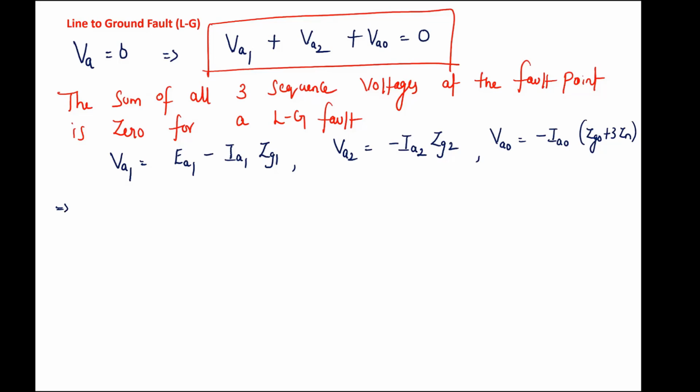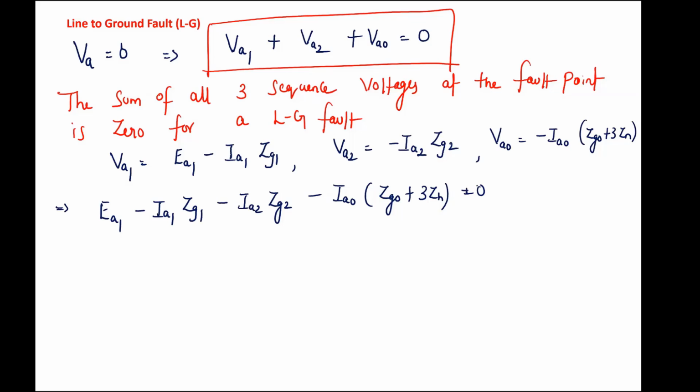So which implies EA1 minus IA1 ZG1 minus IA2 ZG2 minus IA0 into ZG0 plus 3ZN is equal to 0. But we know the first result: IA1, IA2 and IA0 are same for LG fault. So instead of writing IA2 and IA0, I can replace them with IA1. So I am going to get EA1 is equal to IA1